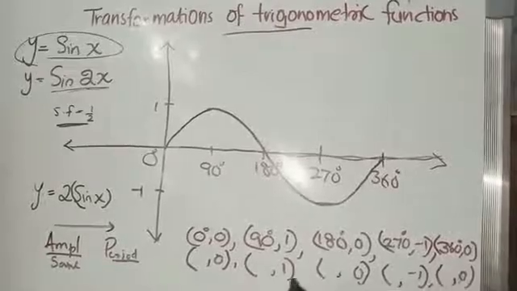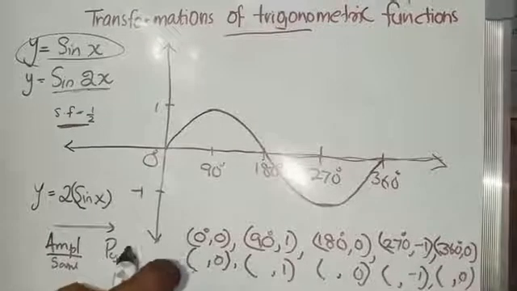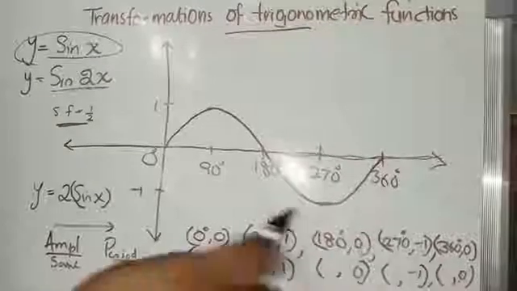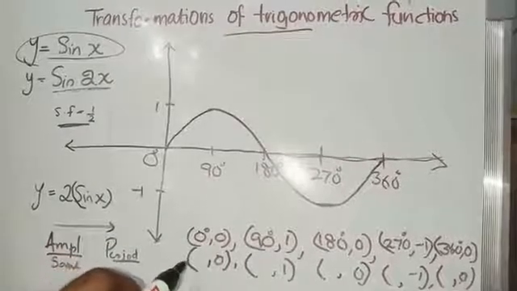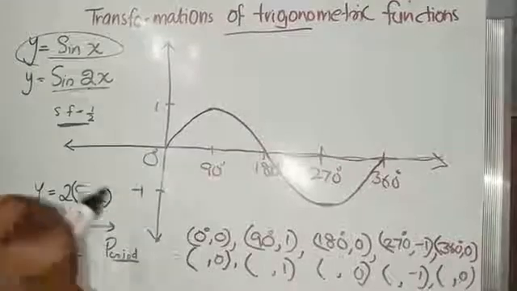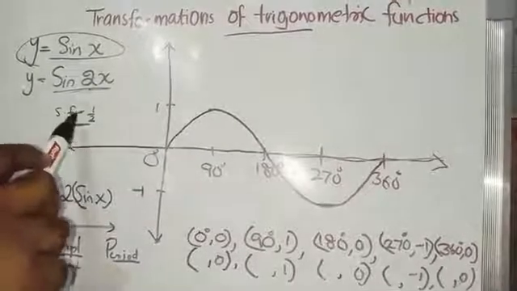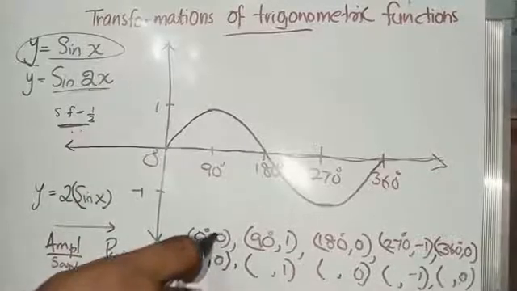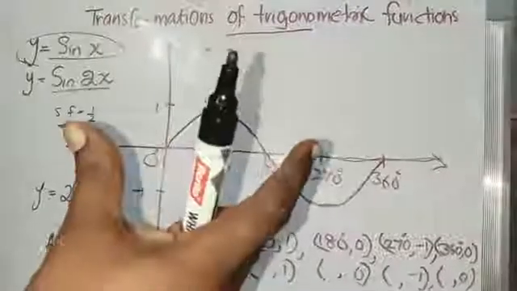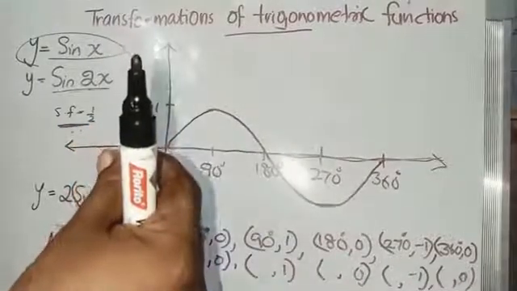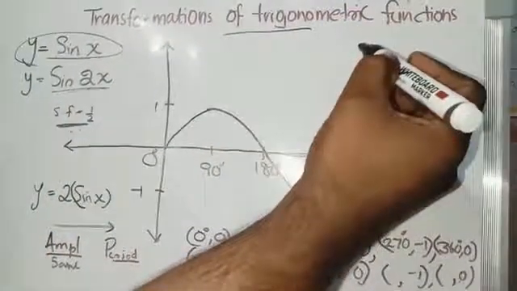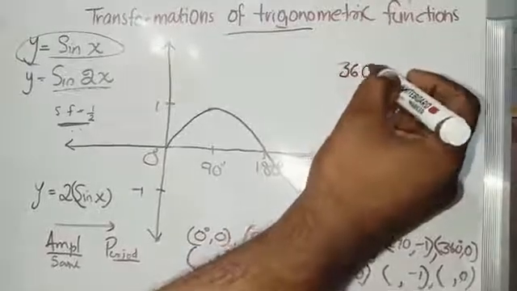So what change can you find here? The period gets changed. That means the first term gets changed. And what change happens to the first term? Based on the scale factor. As the scale factor is 1 by 2, the period is reduced to 180 degree,